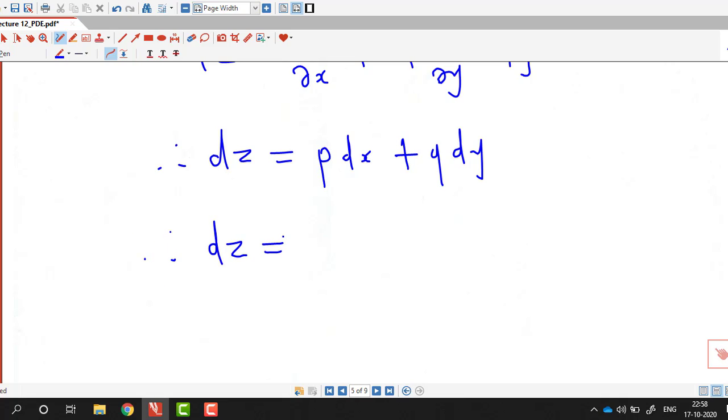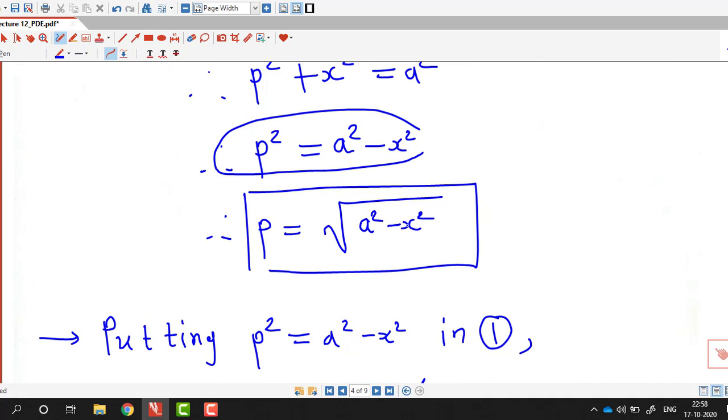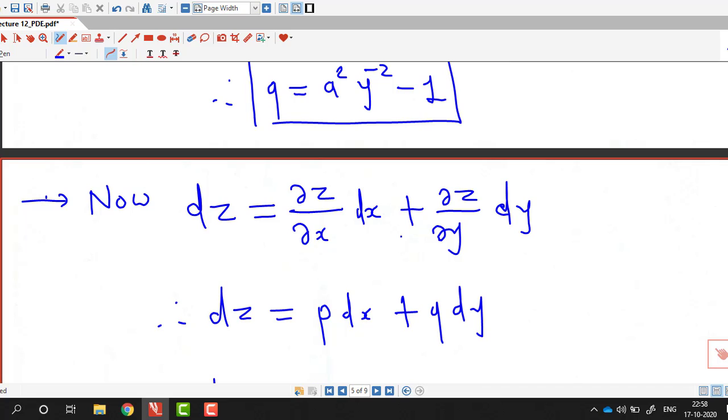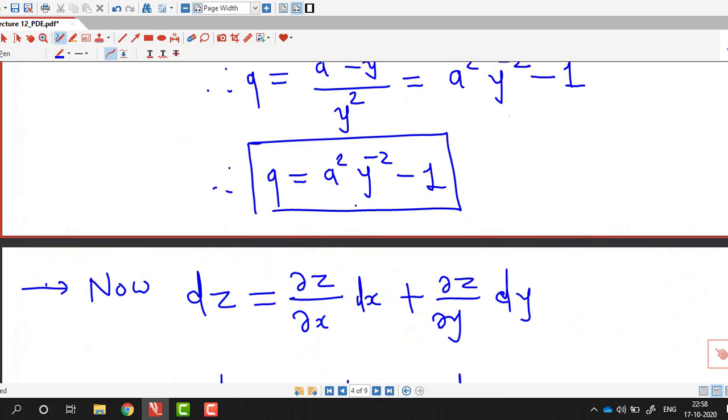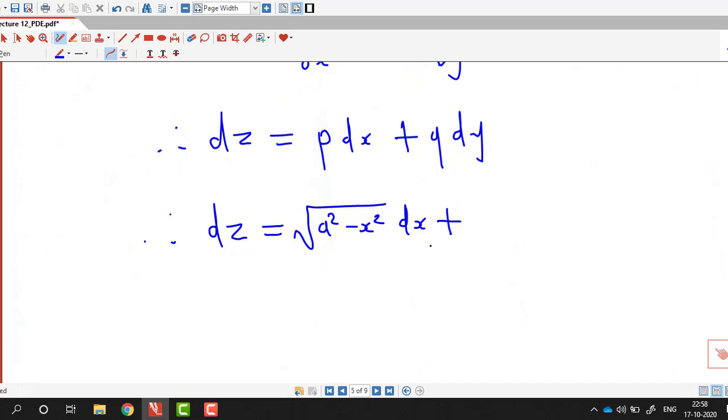So p is under root a square minus x square. So we put the value of small p, under root a square minus x square, dx plus q, which is a square y raised to minus 2 minus 1, a square y raised to minus 2 minus 1 dy. So now this is a separable equation, so we directly